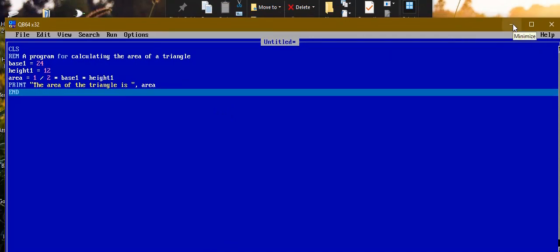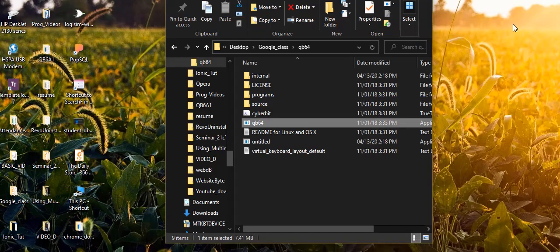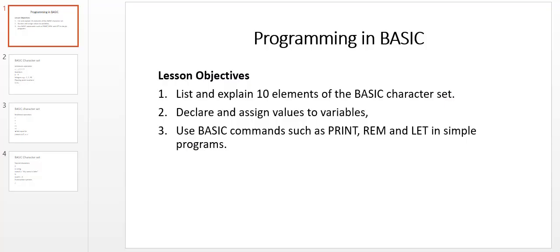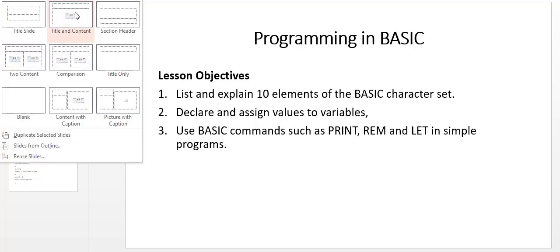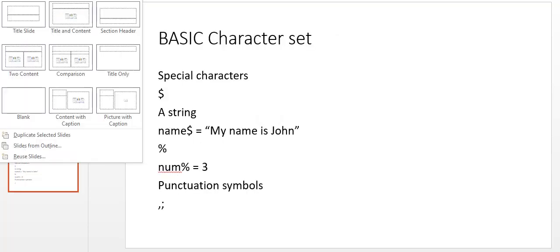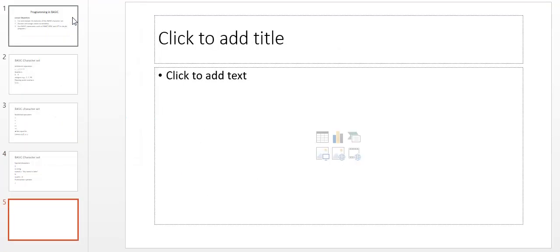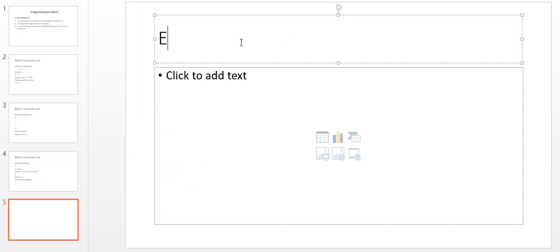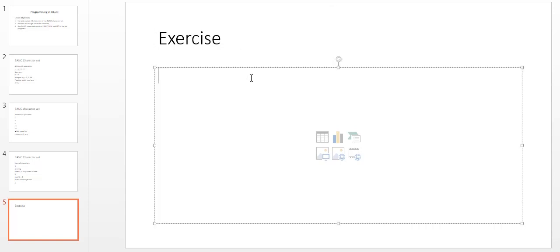So let me minimize this, and then we'll go back to this for your exercise. Do this exercise, okay. I will post a link for you to submit it. Exercise, write a program